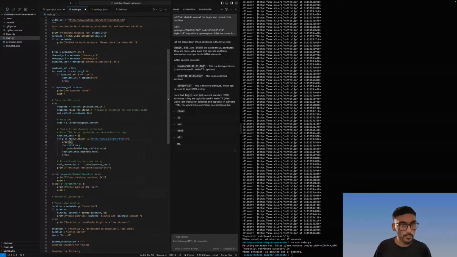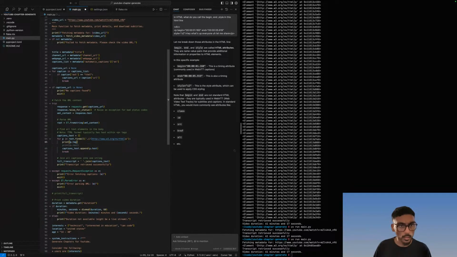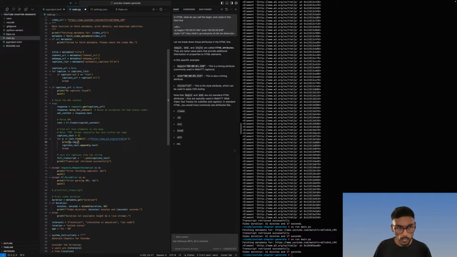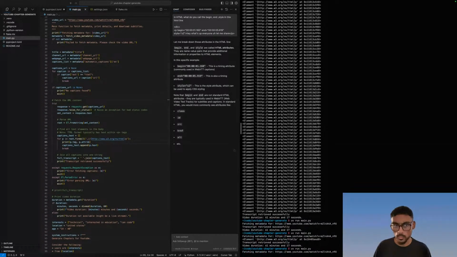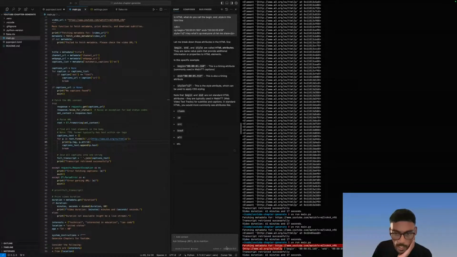Print P. Okay, it's just one element. That's why. So maybe we should just do print P dot tag, or if we do P dot attribute, that makes sense. Nice. So not the tag, it's the attributes.